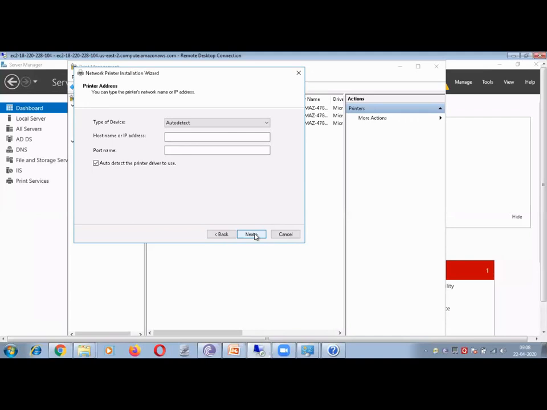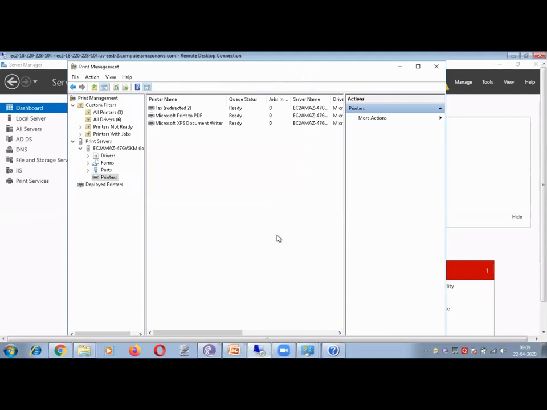Generally it will take the port number automatically. So let's type any printer which is a false one, as I do not have any printer as of now. Just type 10.0.0.1. Say next. Now it will try to find where that printer is. If the network printer is online and available, it will connect with that network printer. Okay, just cancel because we do not have any printer as of now.